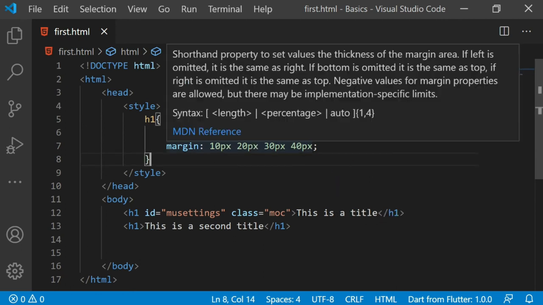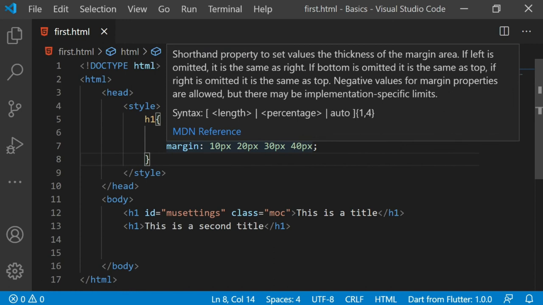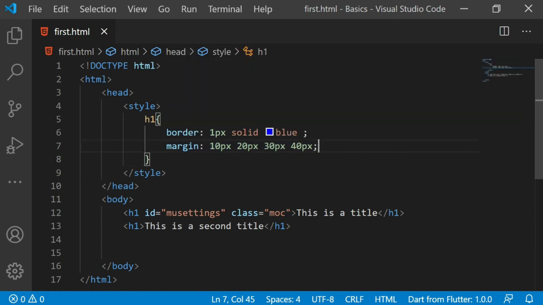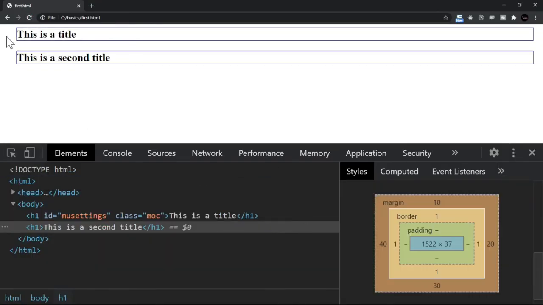So instead of saying margin dash top whatever, margin dash right whatever, you just do like this. Each value you separate by a space and it does the job. Now let me save this and refresh. Observe all the H1s. You see the right hand side margin is 40. So it is the highest value we have. The top margin is only 10.